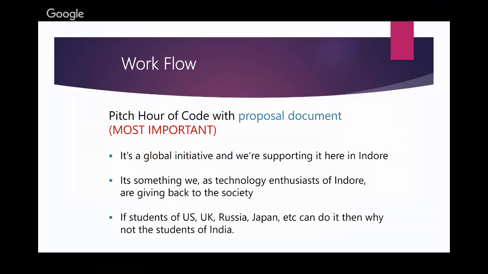But the Indore stats, like I told you, we started at HOC with a team of 5 to 10 people around 3 years back. 3 years back was our first Art of Code session in Indore. That time we covered around 5 to 10 schools, and we reached more than 1,000 students that year. So that was really vast. We were doing it for the first time, and we already had thousands of school students who knew what Art of Code is.